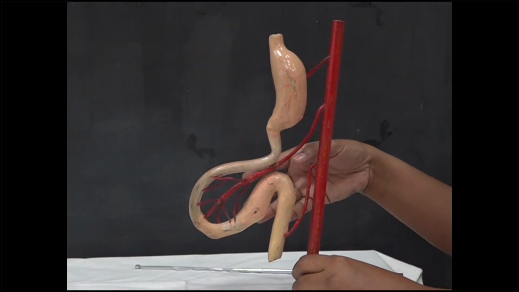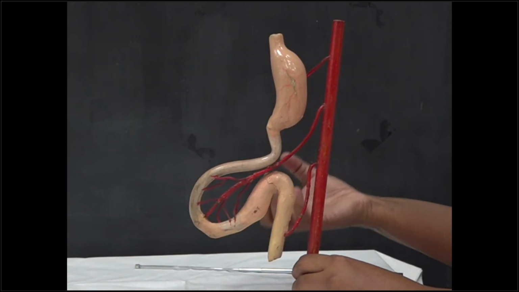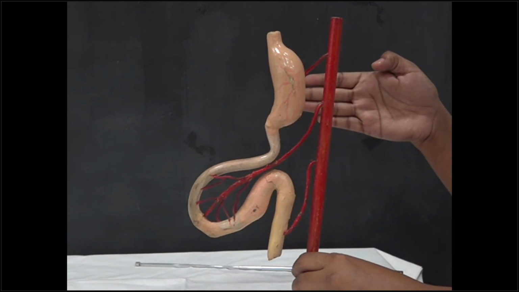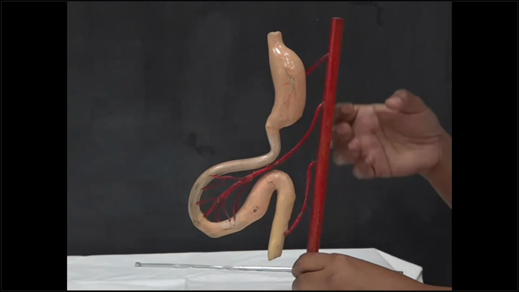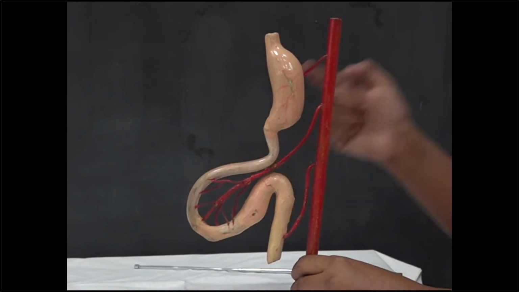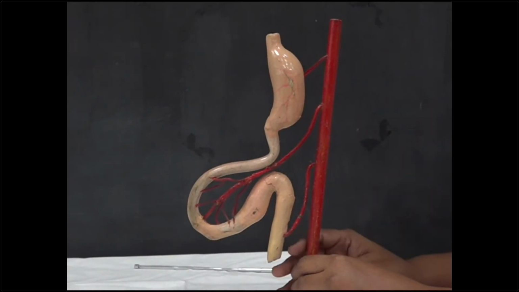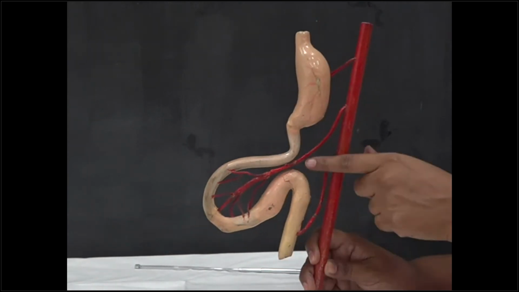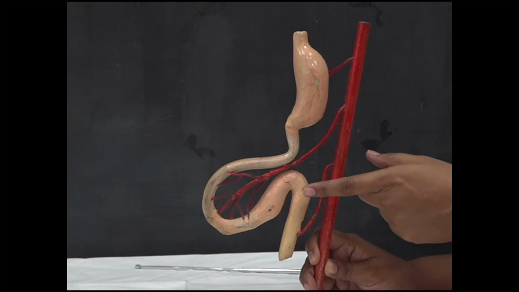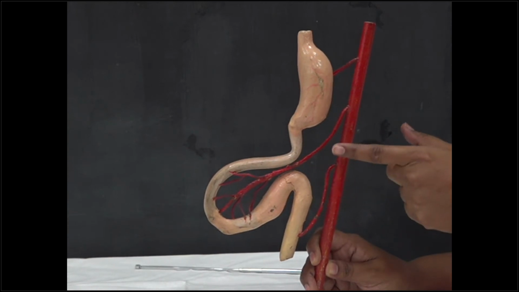The cecum, the appendix, and the ascending colon lie in the right side of the abdominal cavity, while the jejunum and ileum, which are developed from the pre-arterial part, lie in the left side of the abdominal cavity. That is the normal position after the physiological herniation or the umbilical herniation of the intestine.